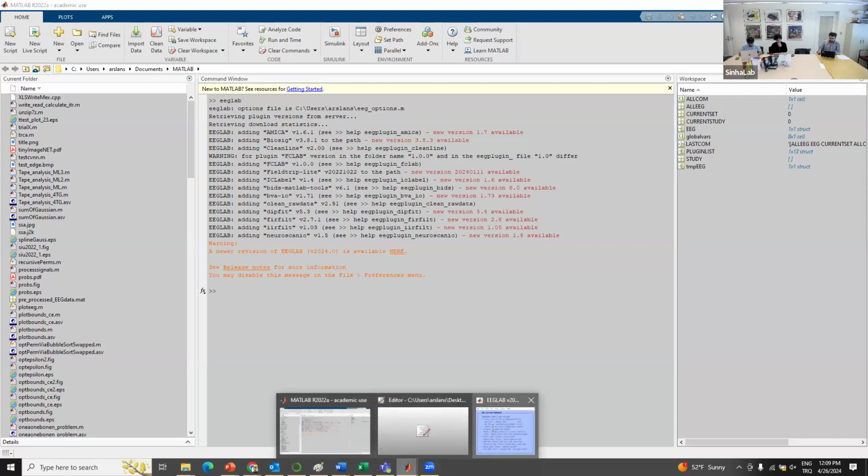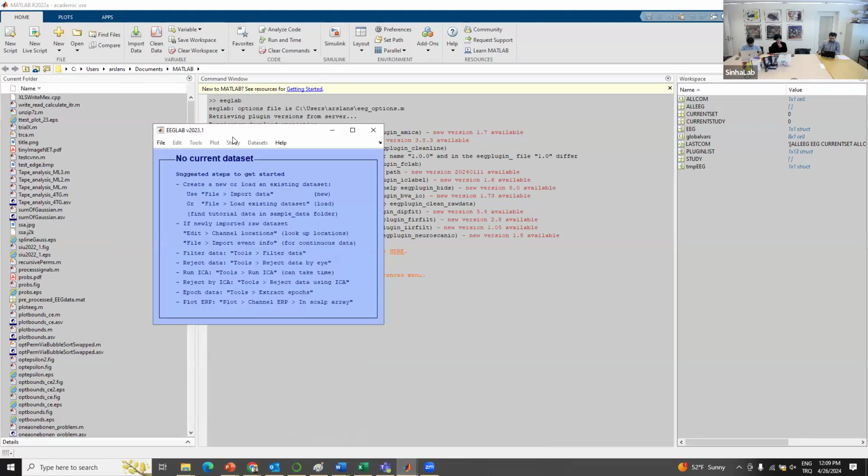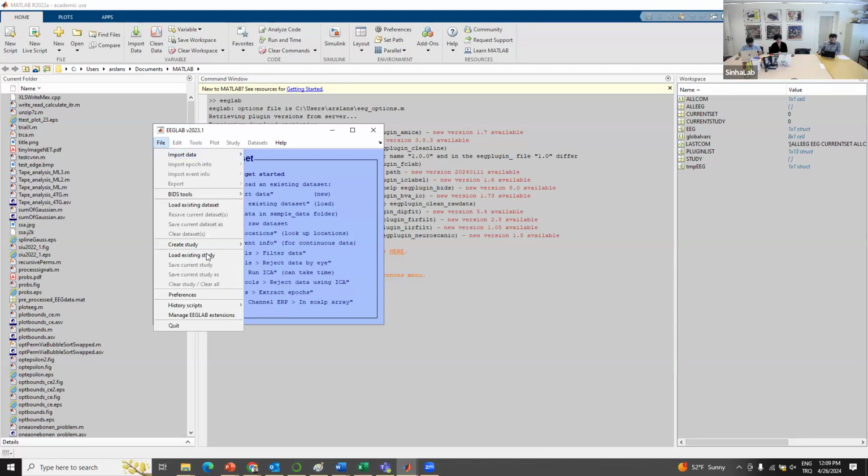let me show you. I don't know if maybe this is the best way to start the conversation. So if you go to manage EEG Lab extensions,